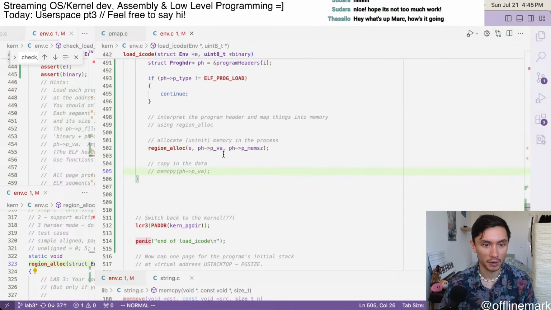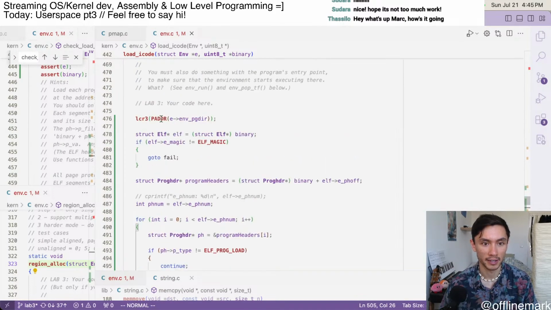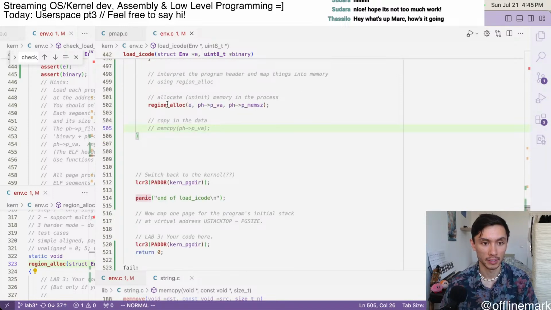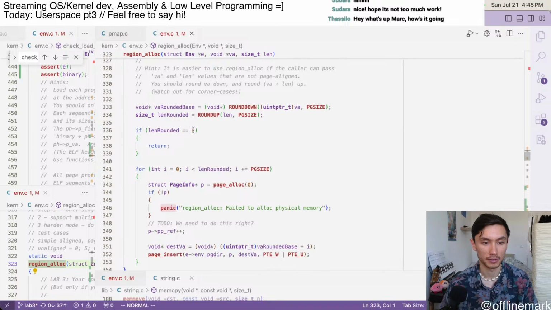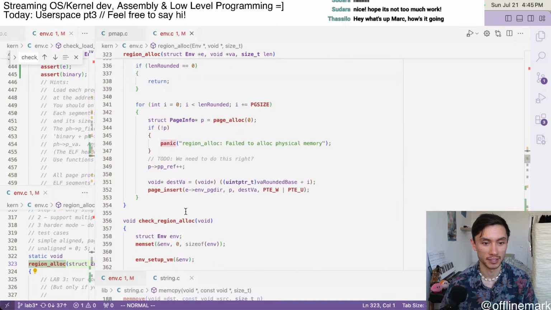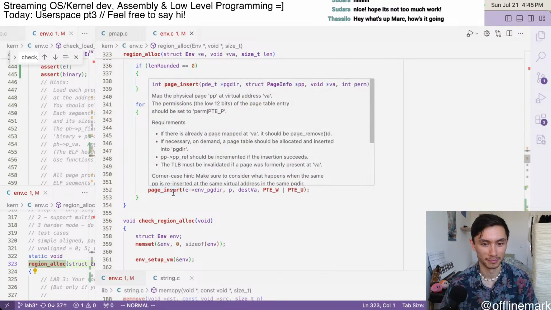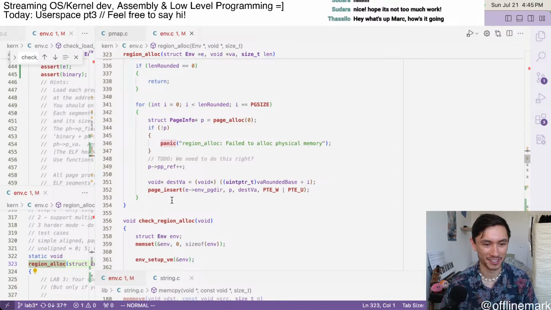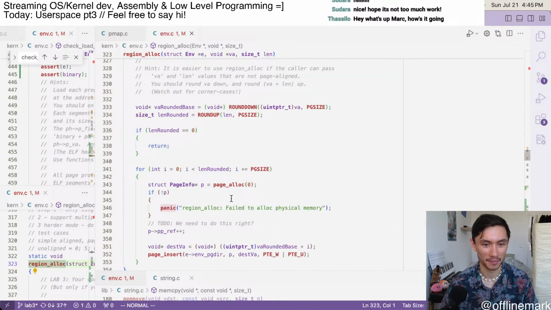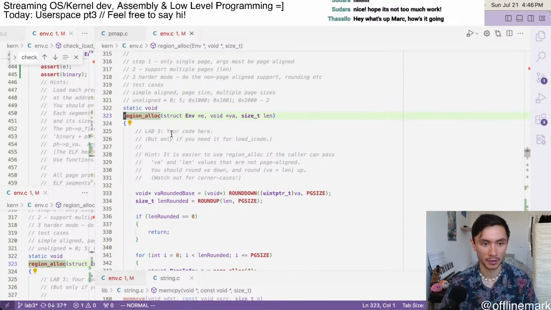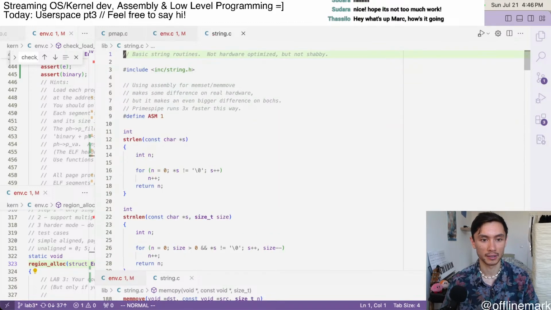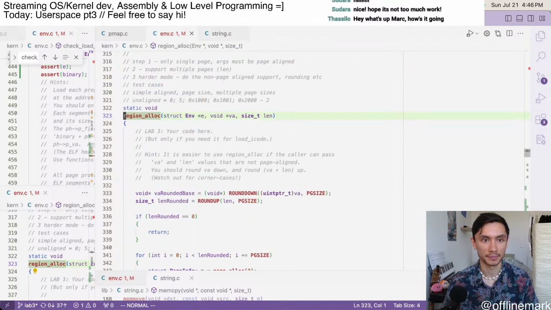if we're in this part of the code, we are fully within the context of the user environment. And using region alloc, it seriously maps memory. It really maps memory and inserts them. And so when we call that,